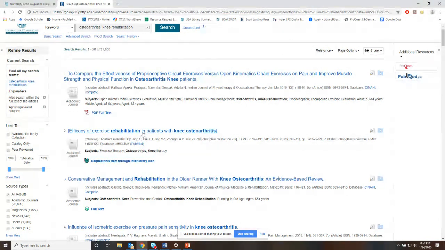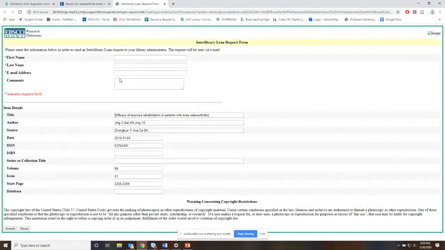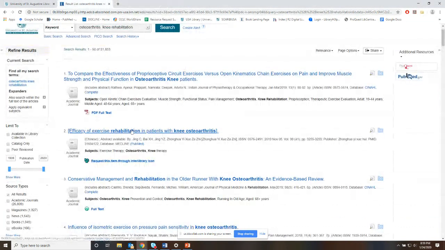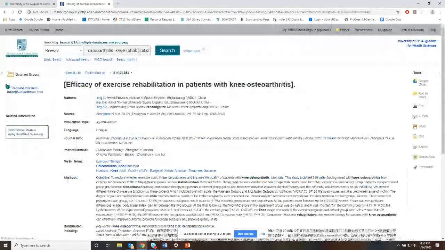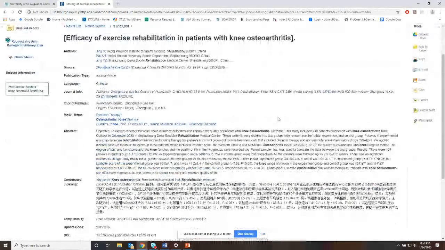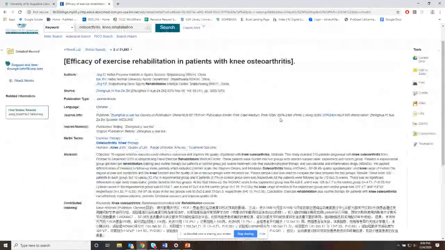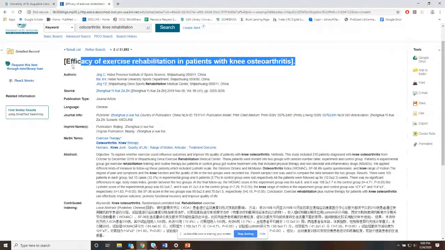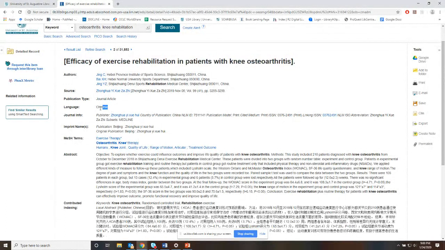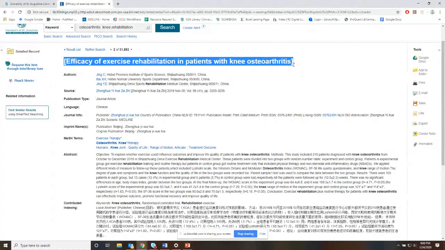But you can fill this out by clicking, if this was an article you're interested in, you can fill the form out, first name, last name, email address, any comments you have, and it'll automatically populate the bibliographic information for you to check out. A little pro tip about this article, I'm glad I found this, because I never have the opportunity to show this unless somebody accidentally clicks on one of these articles. This is a foreign language. This is an article from China, and it's written in Chinese. I know that it's a foreign language before I even open it because it has these brackets around it. These brackets indicate that the